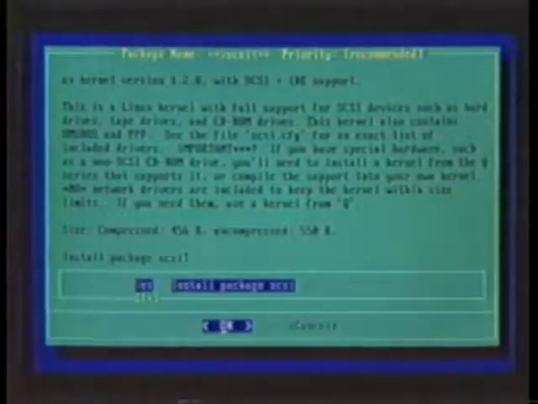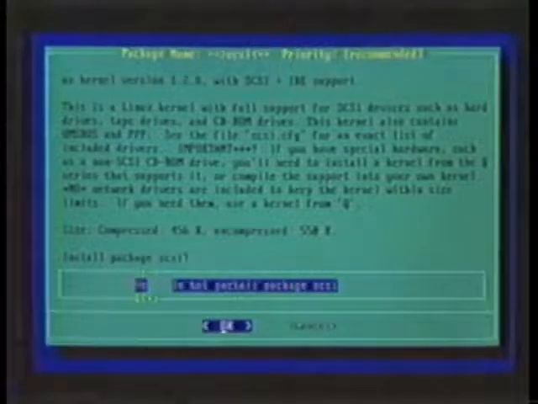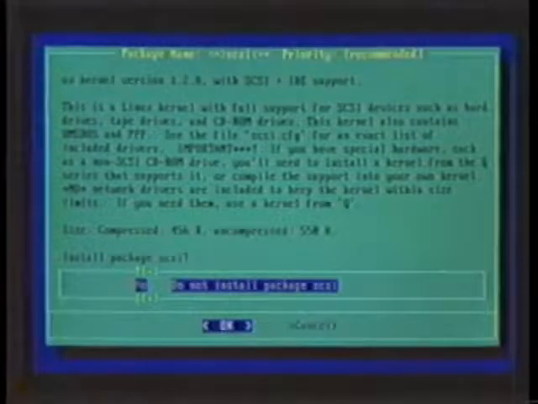Wants to know if we want to do IDE support with SCSI here. We don't need this one right here because we don't have SCSI on ours, so I'll answer no, do not install. One of the hardest things about the Slackware distribution is sitting on your hands, because at times after